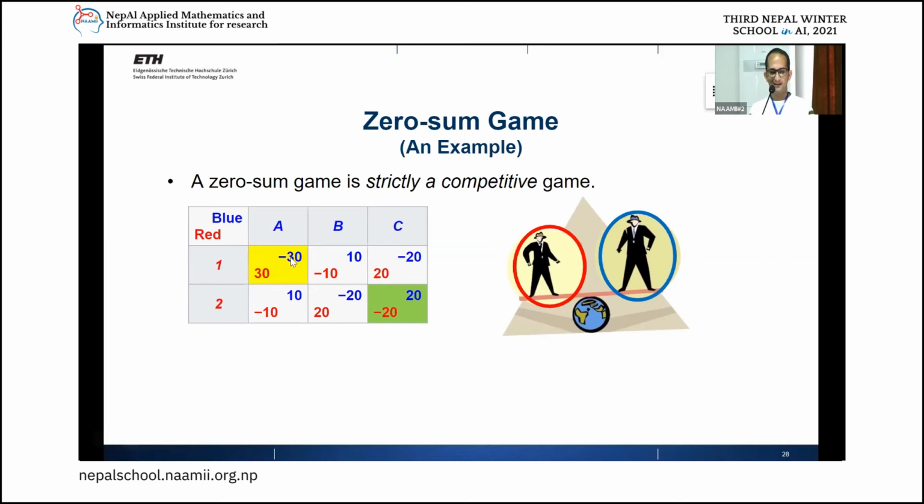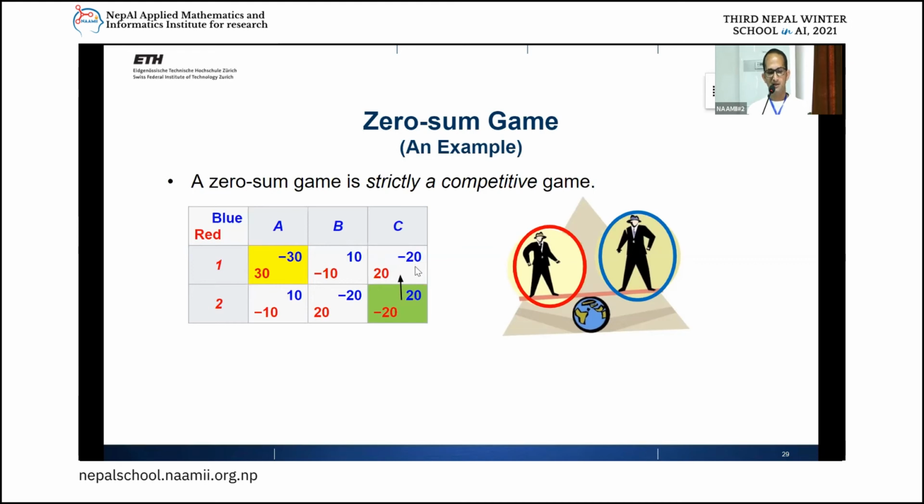Here, that's why this is a zero-sum game. And everywhere you can see there's a zero-sum: whatever one loses, the other will gain. Then let's say the players randomly start from here. In this particular setting, it's clear that the red player will make a move to go from here to here, so that the red player gains 20 points and the blue player loses 20